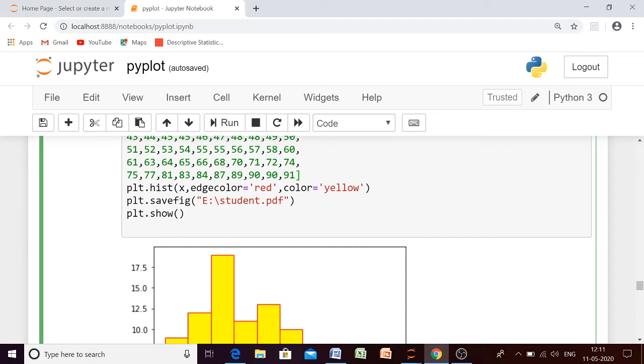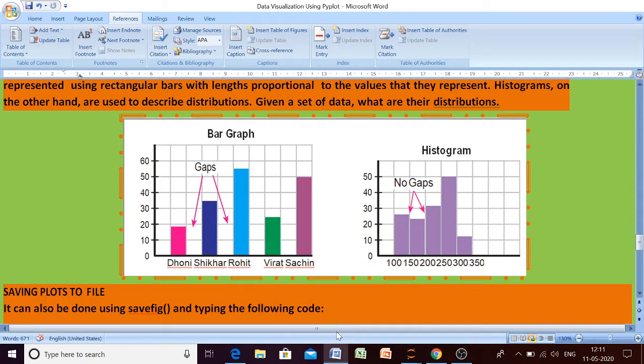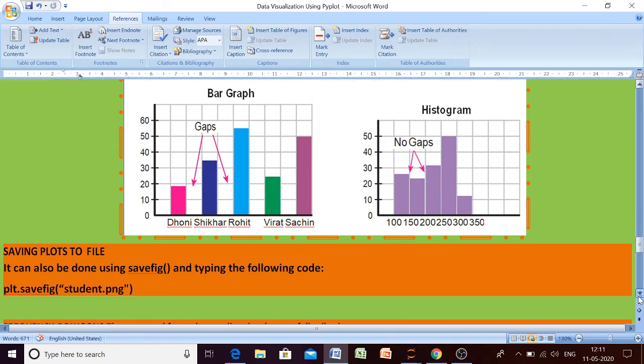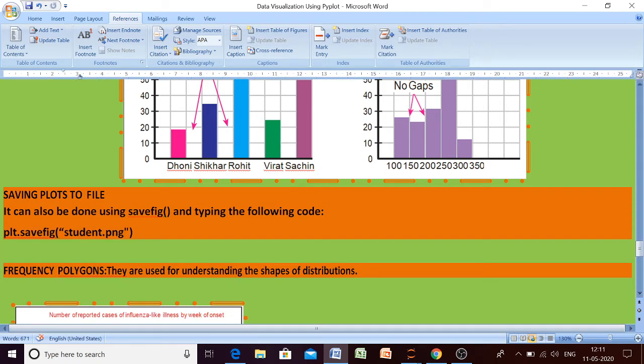One thing I have written here is save figure. Whatever plot you are drawing can be saved in your system also, and for that we have one function, named savefig. You just have to call the function savefig and give the name to your plot.